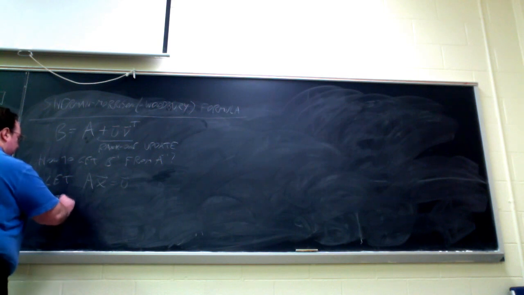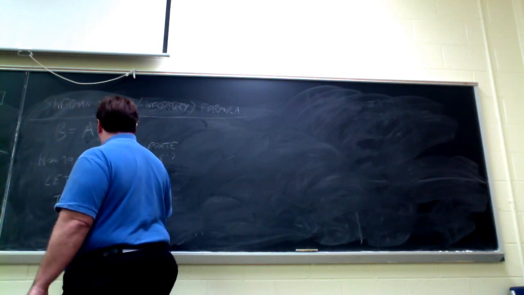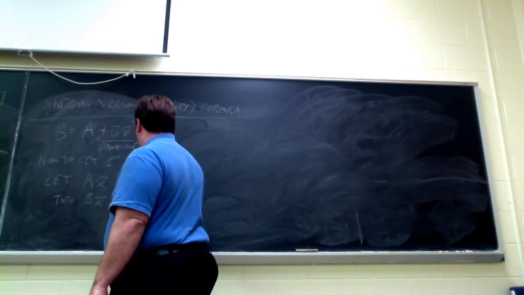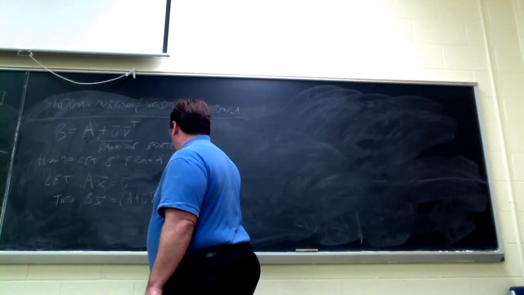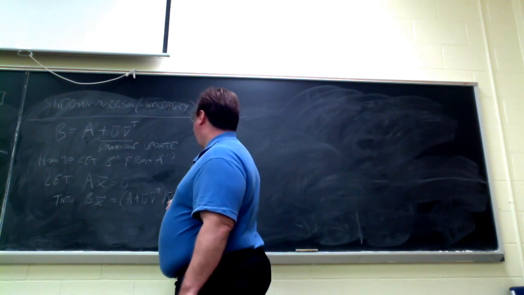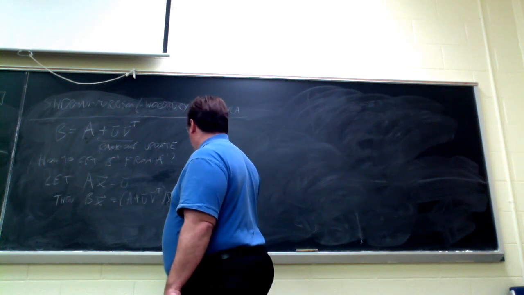So let's suppose that X satisfies this system of equations, AX is equal to U. Then, if I go to compute Bx, so fill in what B is, A plus UV transpose X. But then AX is equal to U. And then I have plus U